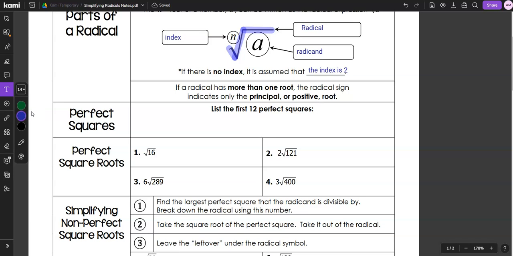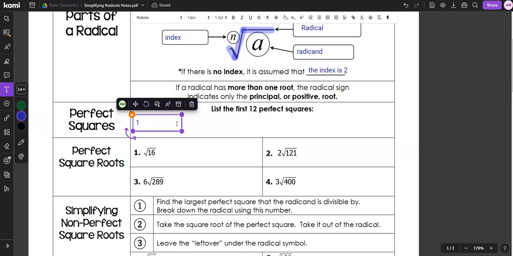So to make this easier for us, we're going to go ahead and list the first 12 perfect squares. So 1 times 1 is 1, 2 times 2 is 4, 3 times 3 is 9, 4 squared is 16, 5 squared is 25, 6 squared is 36, 7 squared is 49, 8 squared is 64, 9 squared is 81,